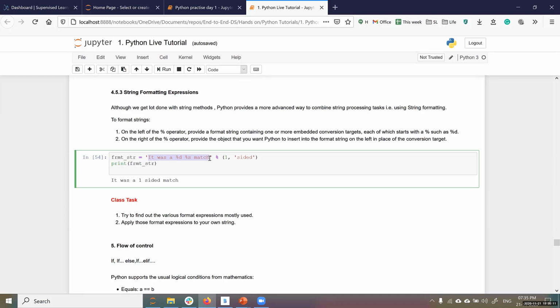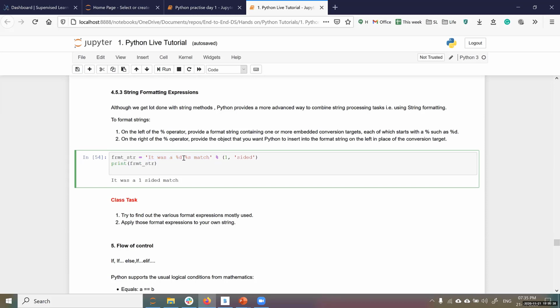But let's say you have a use case wherein you want to keep using the same string, but change a variable inside the string. Let's say how many balls are remaining in the match. You're printing it out from a database, and this many balls are left, where this many keeps changing. So in such operations, placeholders are used.